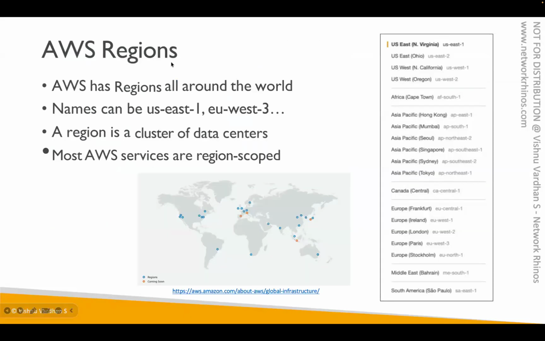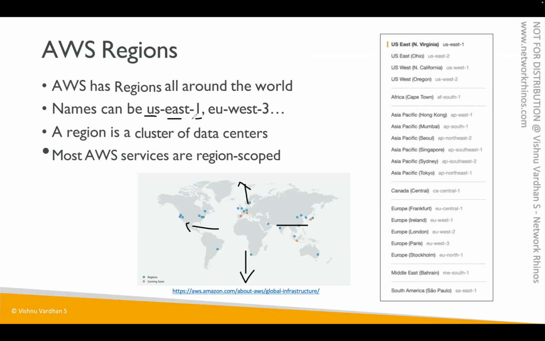Now, as I informed you, AWS regions are nothing but the cities where Amazon has deployed the availability zones, which ultimately have your data center switches and all. See, the name of a particular AWS region depends on which direction they are located in the world map. If they are in north, we call it north, northeast, or south, southeast, or west, or east. Like that, we can simply carry the name. For example, here you can see US East 1, meaning it's in the US region, east direction, first one.